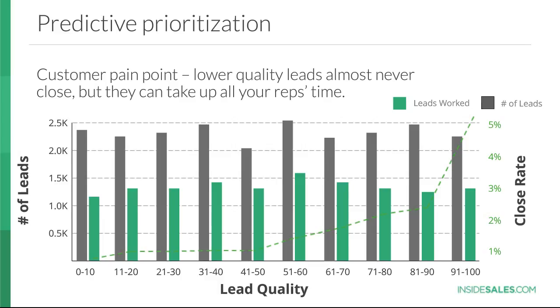But in a high volume sales org, this is what you're facing. Now, pay attention to the dotted line. The dotted line is the close rate, and you see it depicted on the right. For the first half or so, up to 60% of these leads, the close rate is virtually the same. It is 1.5% or lower. And then you start to see it rise really rapidly and then skyrocket at around an 80 to 90 lead quality